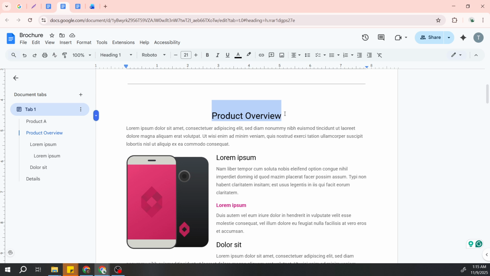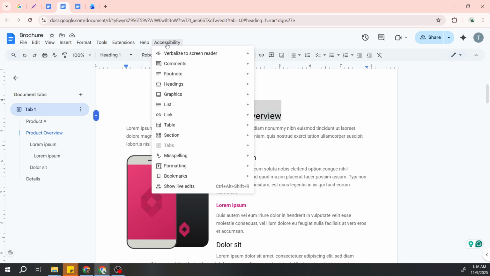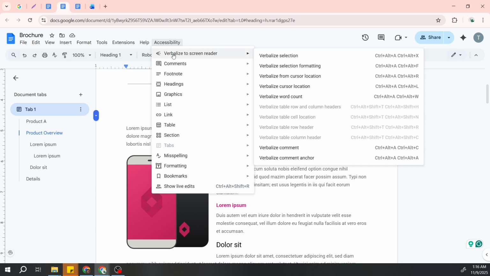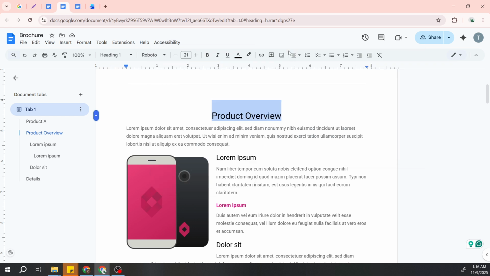After selecting the text, you'll notice a new accessibility option has appeared in your top menu bar. Click on this to reveal more options. Under this menu, locate Verbalize to Screen Reader, and then choose Verbalize Selection. This action will kickstart the reading feature, and you should start hearing your selected text through your computer's speakers or